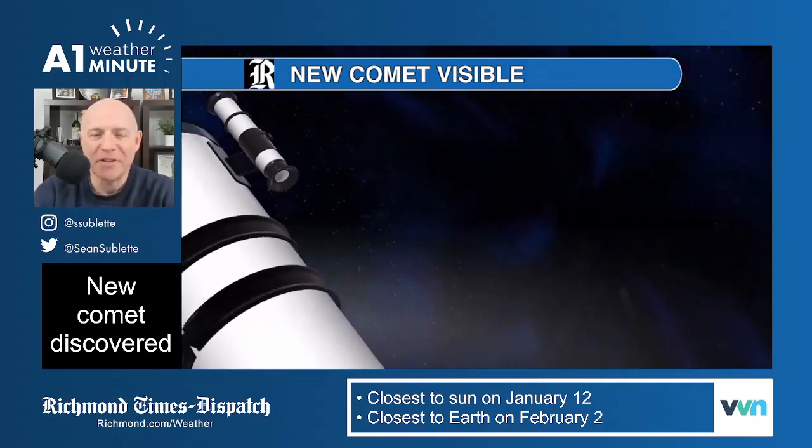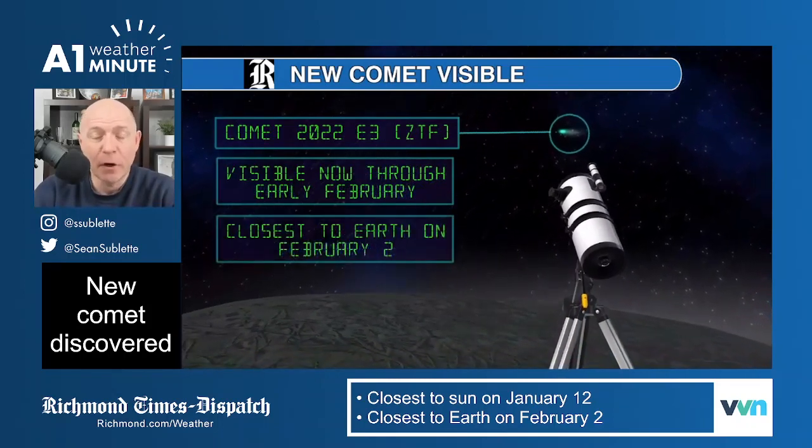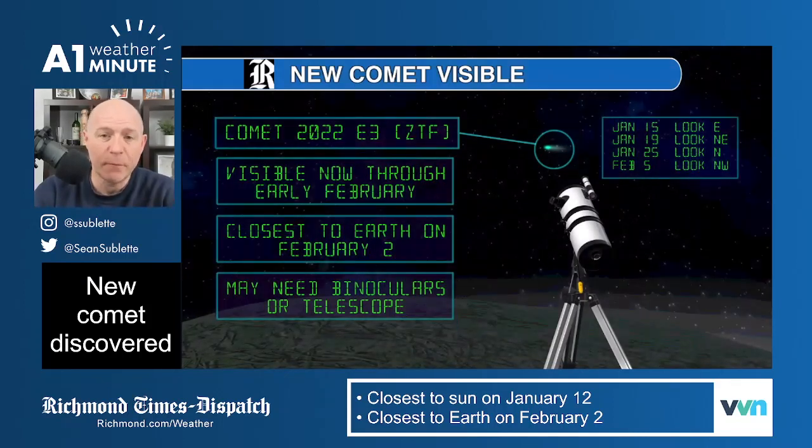Hey, it's meteorologist Sean Sublette over the Richmond Times-Dispatch, and you may have heard of a new comet that's potentially visible for the next few weeks. This comet was discovered back in March from Caltech, and it will be at its closest point near the sun on January 12th. Once it does that and it begins to interact with the sun, if you will, not crash into it, but interact,